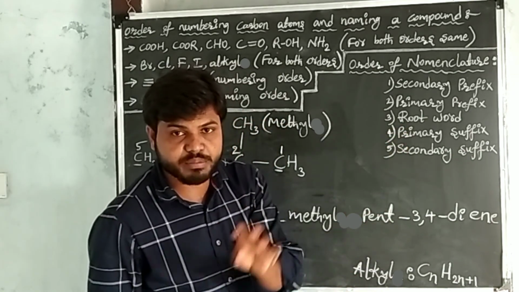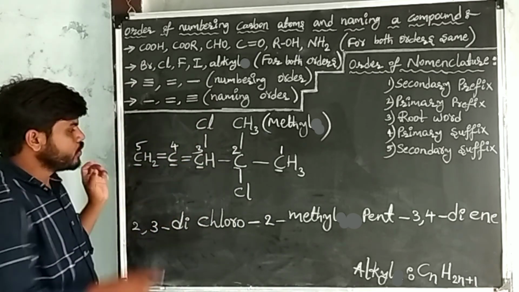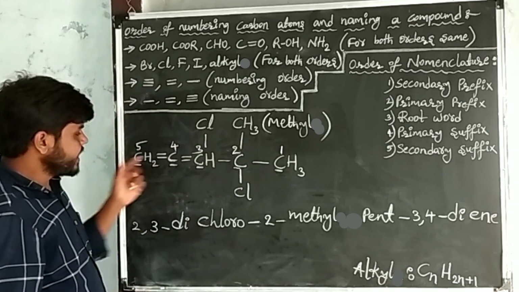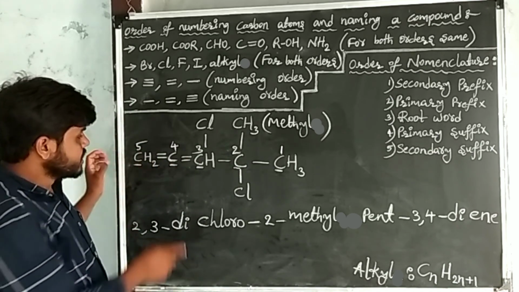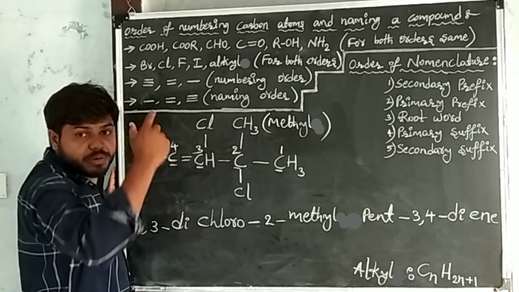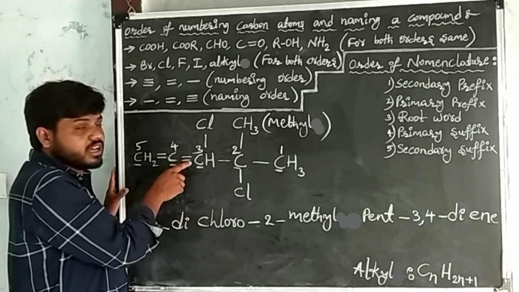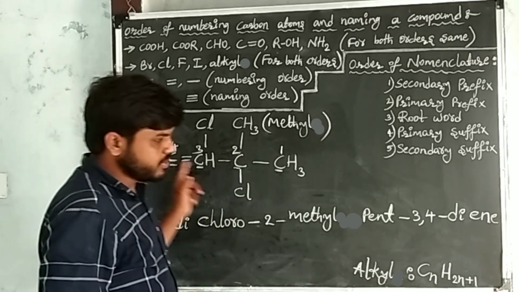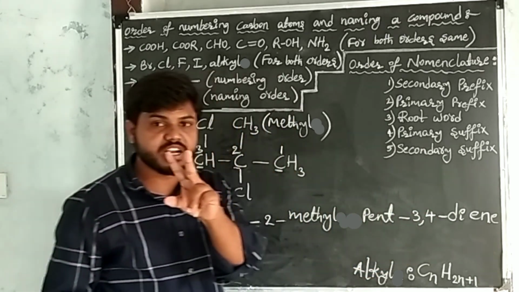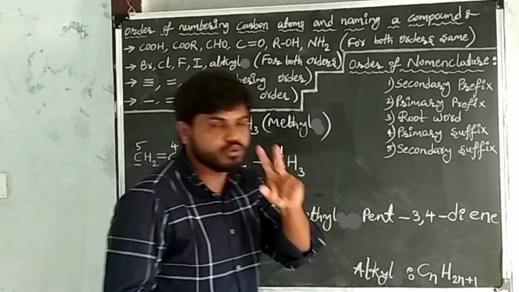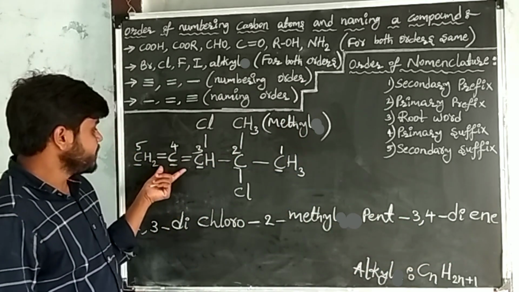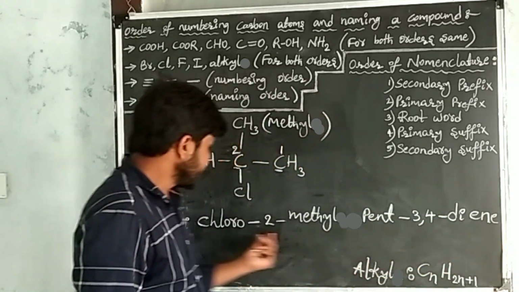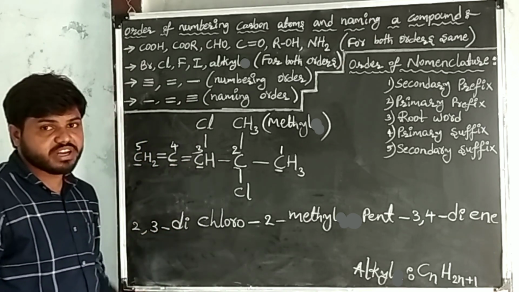Primary suffixes are single bonds, double bonds, triple bonds. In the given compound, there are 2 double bonds. When we have double bonds, no need to write the single bond prefix. Directly write the double bond prefixes. First write the positions, then how many times the double bonds occur, and the prefix of the double bond. At the third position and fourth position we have double bonds. I wrote that position. 2 times, so the numerical prefix is di, and the prefix of the double bond is ene. Okay, this is our required IUPAC name of the given compound.